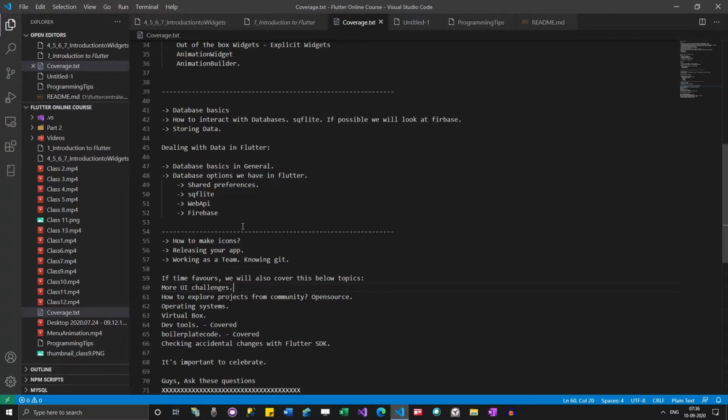Then we looked into SQFLite. In SQFLite we looked into CRUD operations: create, read, update and delete. To understand that, we built a small to-do application. Generally, SQLite is a mobile database.